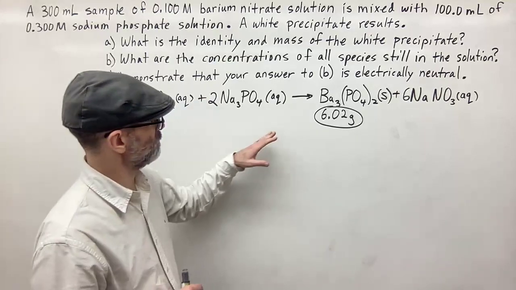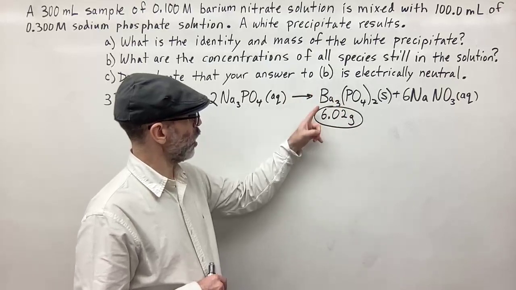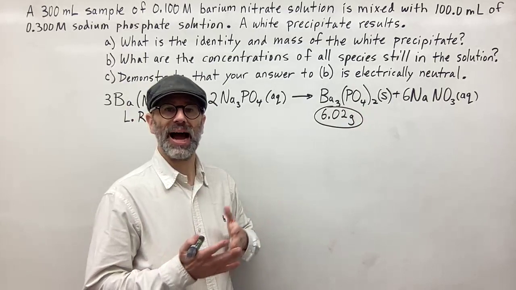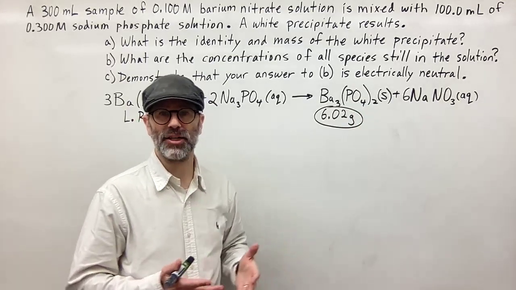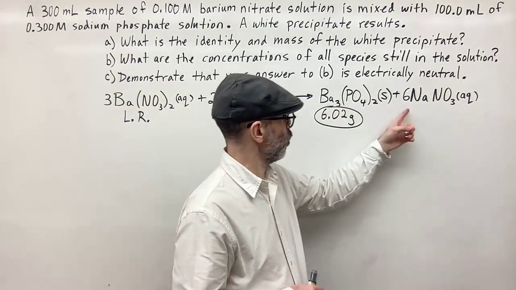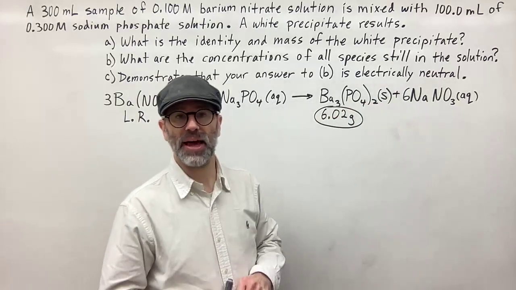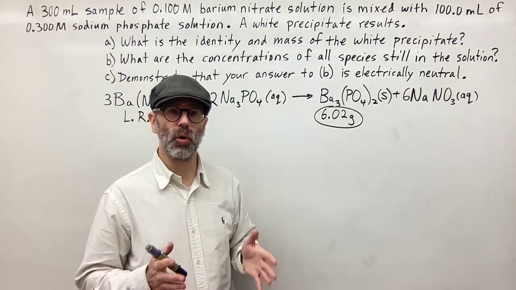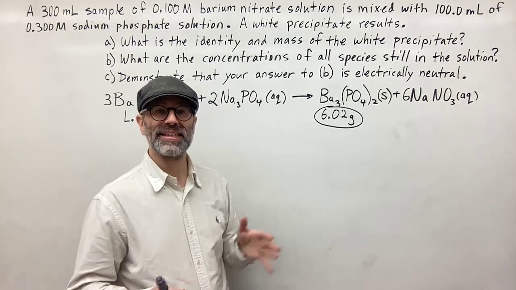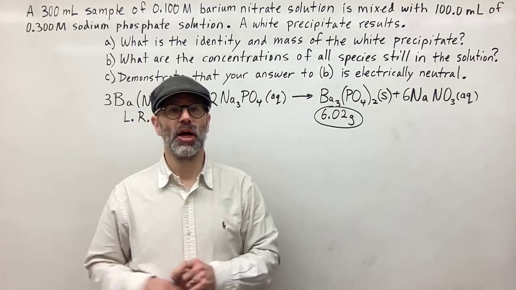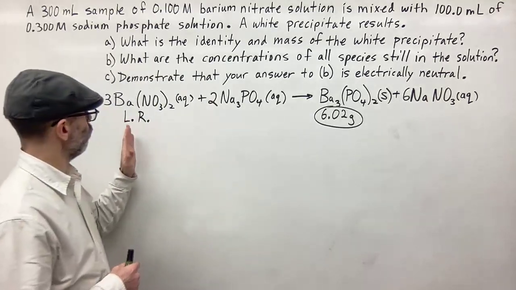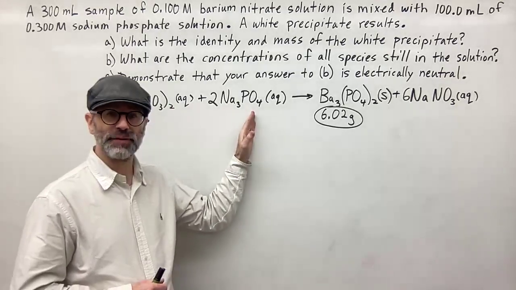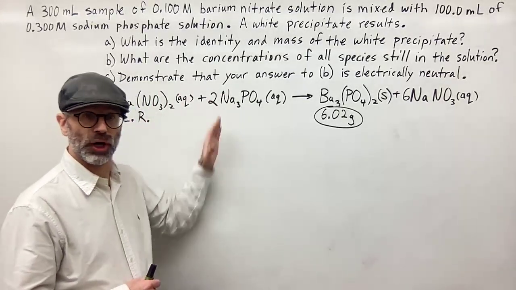So we have a precipitate. This precipitate involves barium ions and phosphate ions. We want to know how much, if any, of those ions are still in solution, and the sodium and nitrate ions that are still in solution. So the first thing we want to do is calculate the moles of all of the ions before and after, right? So we want to calculate the moles of barium ions, nitrate, sodium, and phosphate ions that were in solution